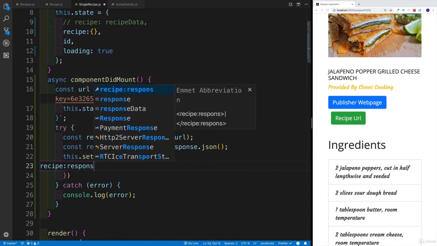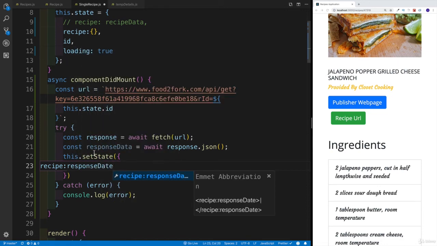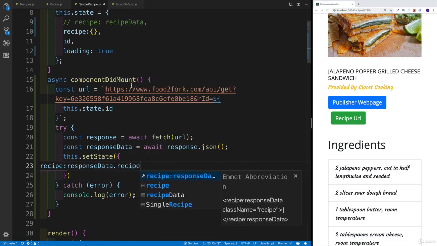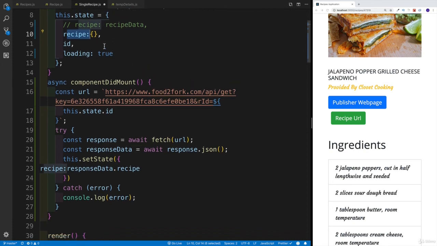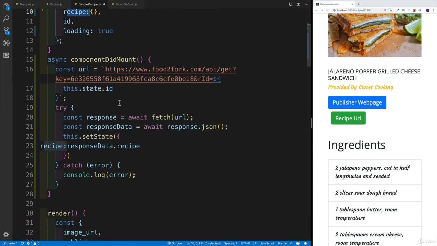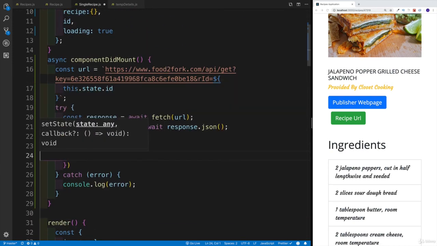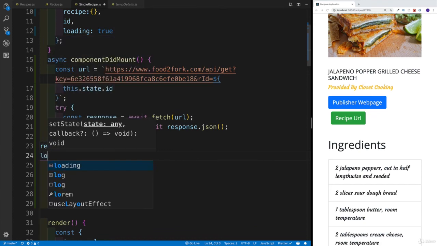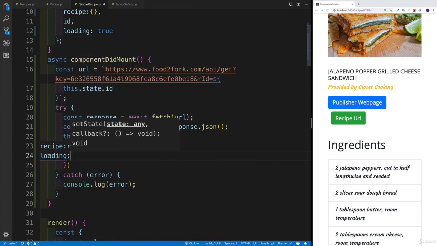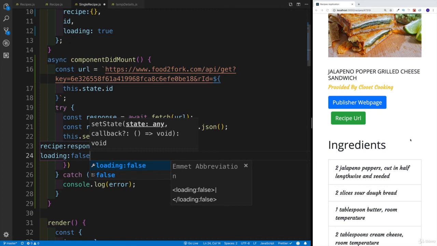So response data, that's obviously not date, but data. And then we're going to be looking for that recipe that we have on the object. So I'm going to write recipe. First of all, we're going to set this equal. So not anymore the dummy data we're getting back from my file, but the data we're getting back from the Food2Fork. And then let's set loading to false,